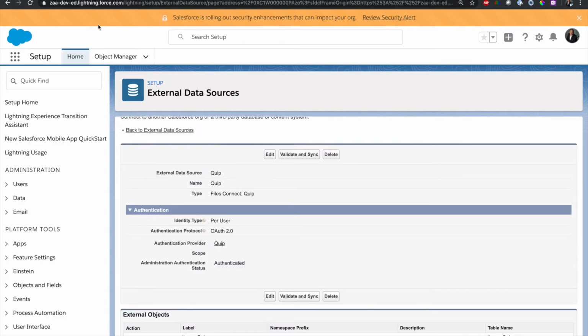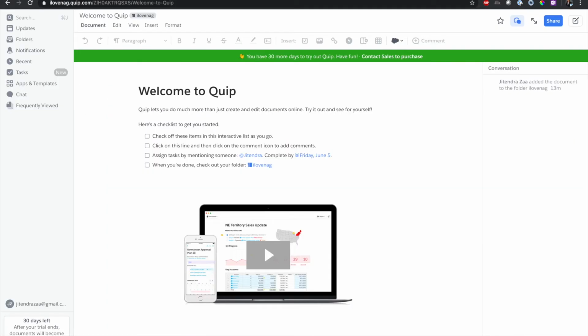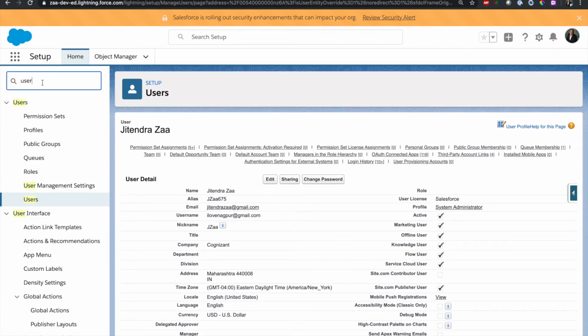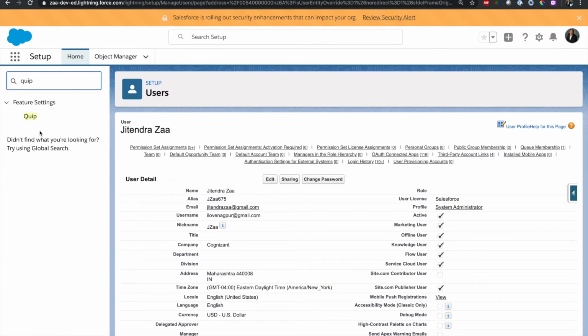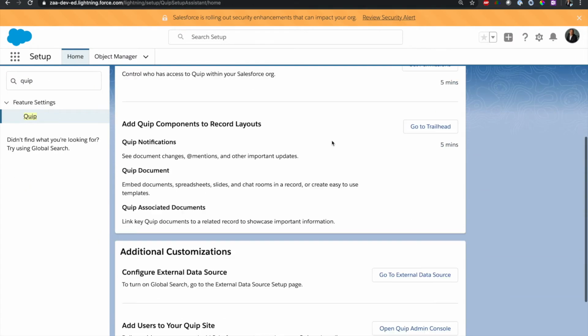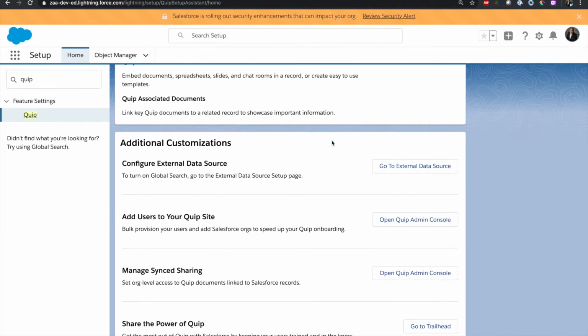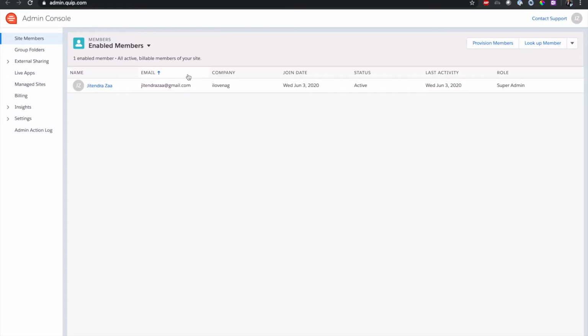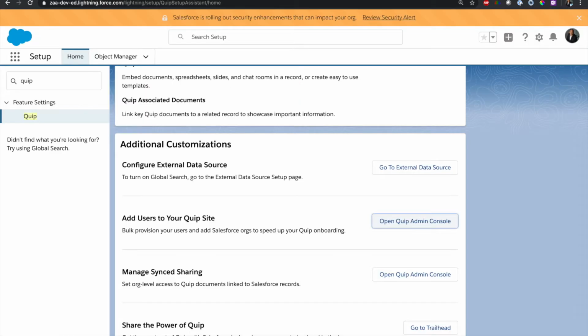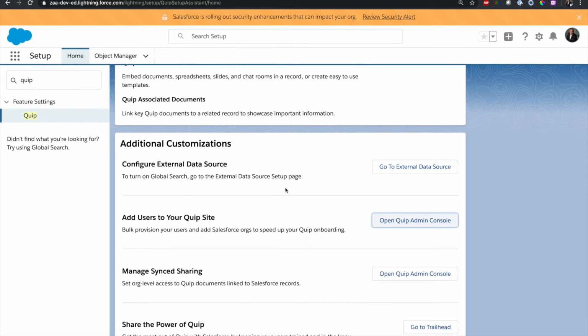The most important part next is how the sharing is going to work. So what if I have an access to lead object? Would I automatically get an access to all the documents that is attached to the lead in Quip? Answer is no. So Quip sharing works completely different than Salesforce sharing. It is possible that you will have access to Quip document but not the Salesforce record, or vice versa.